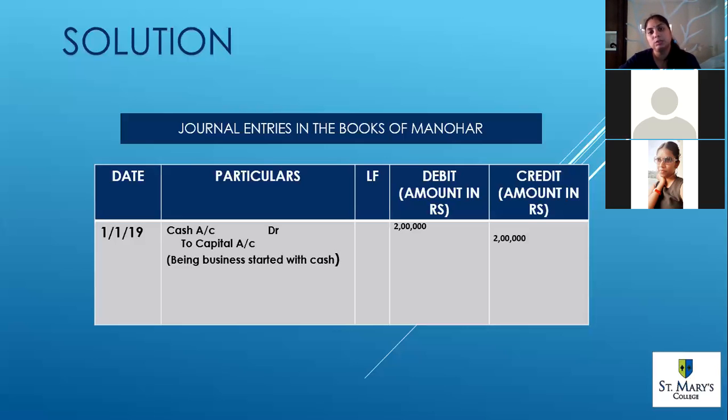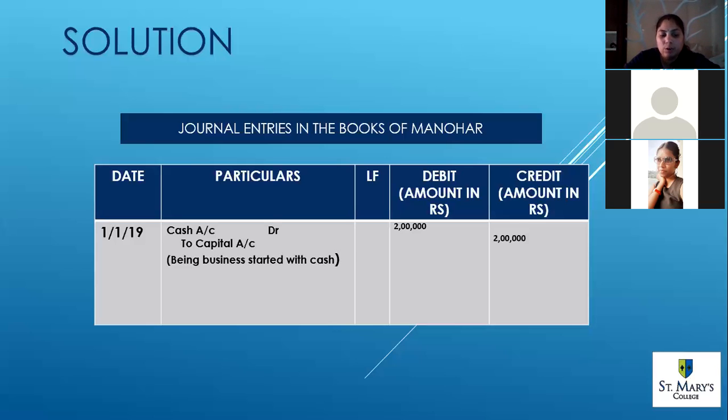Now, why are we giving this short description? See, if a layman sees this entry, cash account debited to capital account, he will not understand what it is. So that is why we give a short description of what that transaction is. Once a person reads the description, he will know on what account we have written this entry. And the description will always be written in brackets and it starts with the word being, B-E-I-N-G. So after every journal entry, open brackets, start with the word being,